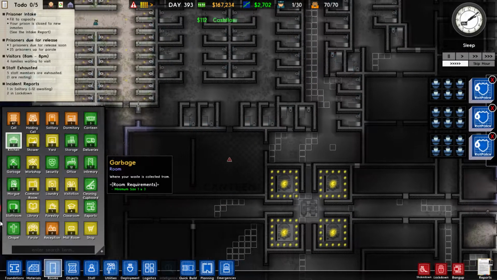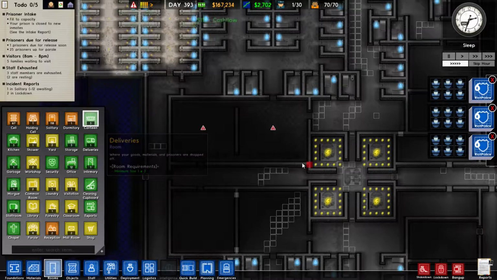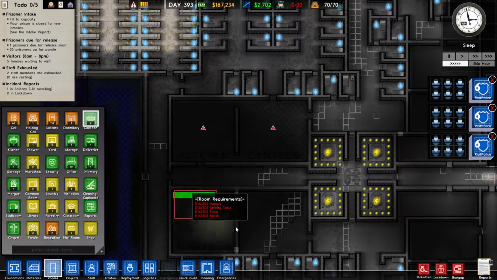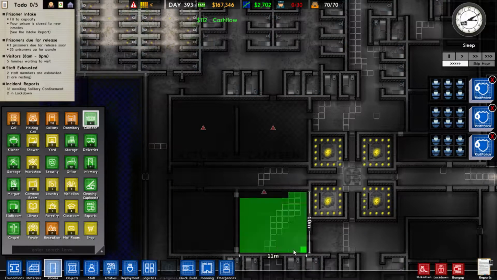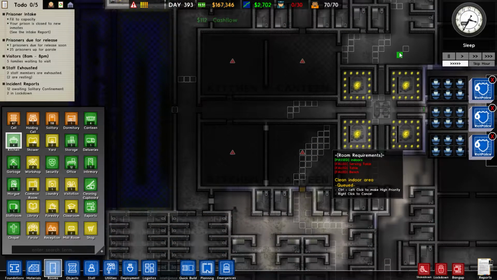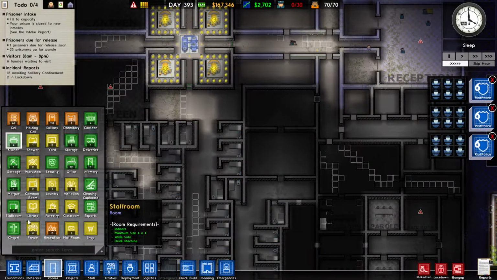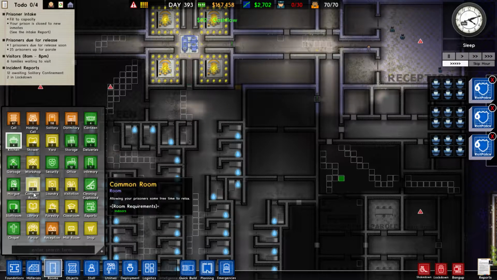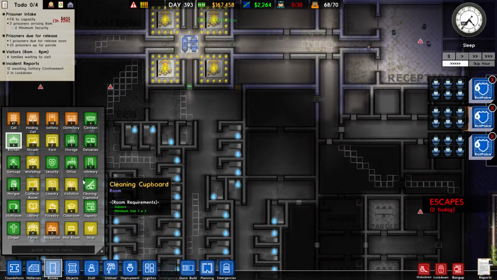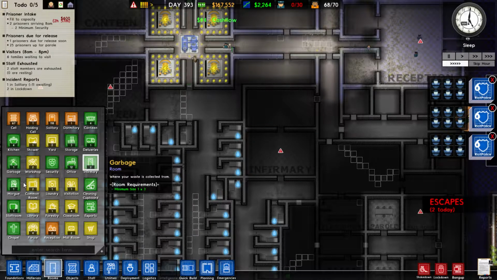So I'm going to put kitchen and canteen tiles down, just so that it is labeled properly and everything is labeled. We're also gonna have things like the infirmary and morgue right here. So I need to find the infirmary. Where'd the infirmary go? There's the infirmary. So we've got an infirmary, morgue,